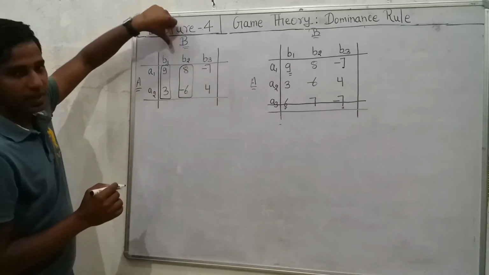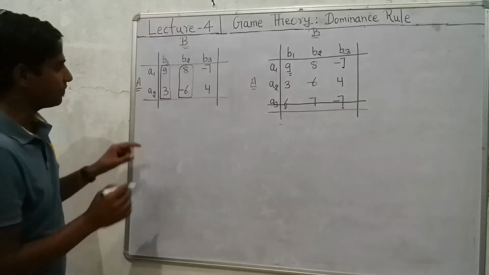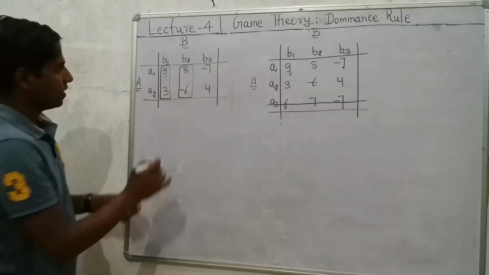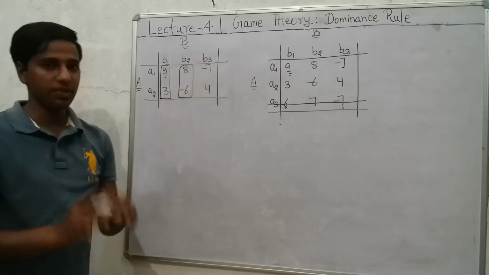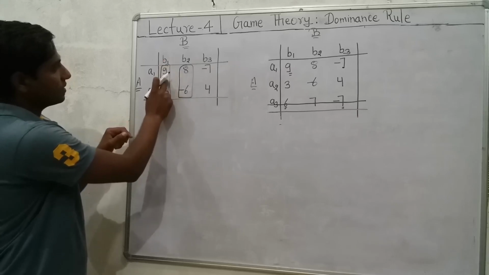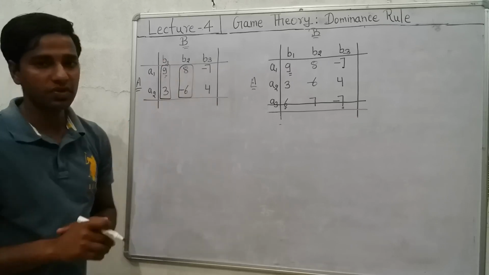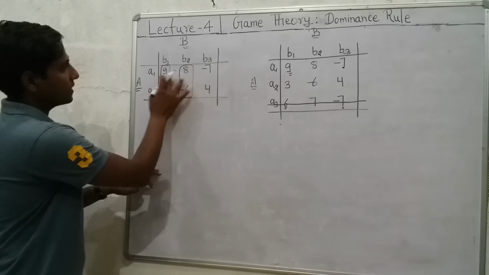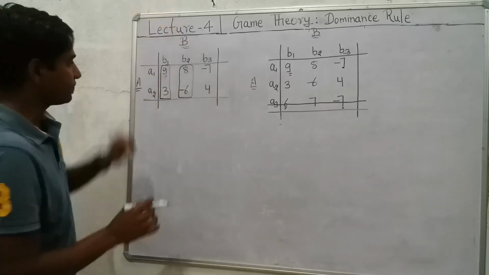if company B is adopting the B1 strategy, irrespective of strategies adopted by company A, then in the first combination the loss would be equal to 9%. And if company B adopts the B2 strategy, then the loss would be equal to 8%. If company A adopts the A1 strategy, then in the B1 case the loss would be equal to 9%, and in the case of B2 the loss would be equal to 8%. So we can say that 8 is better than 9 from the point of view of B.